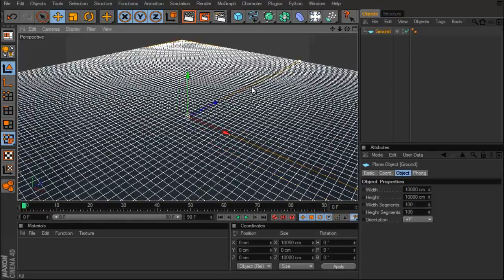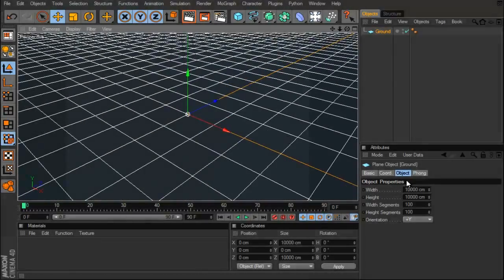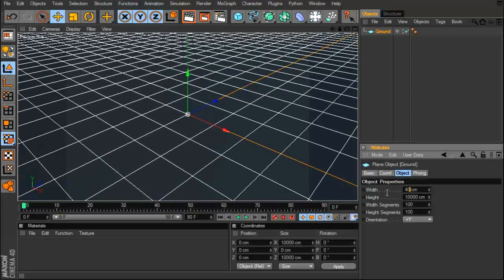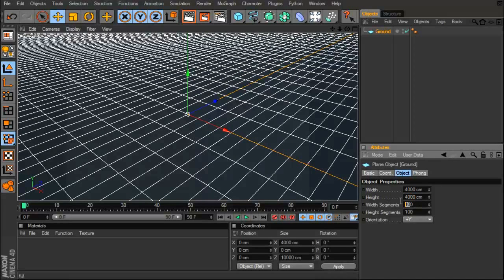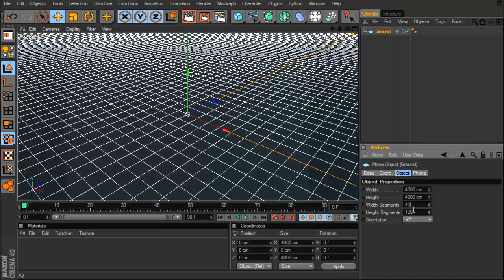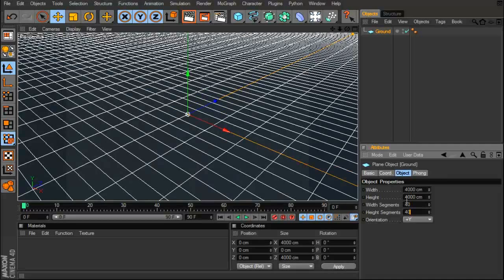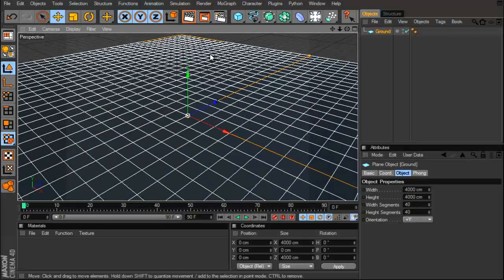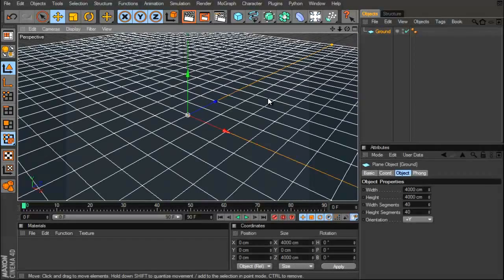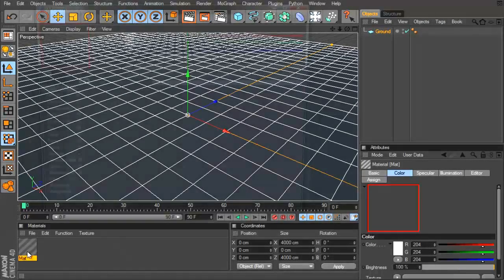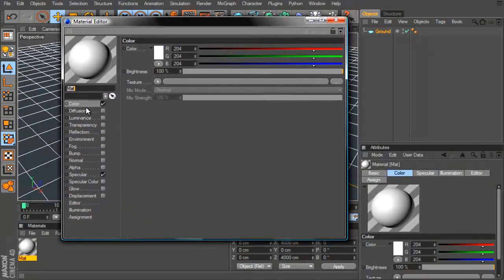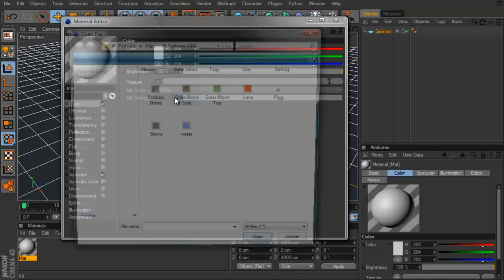10,000 is the actual size of the plane that you're given. I'm going to keep it down at 4,000. Just because to me that's a reasonable set of numbers. So once you've done that, you can go ahead, create your material, and I will have a video soon once I've got them all up of the texture